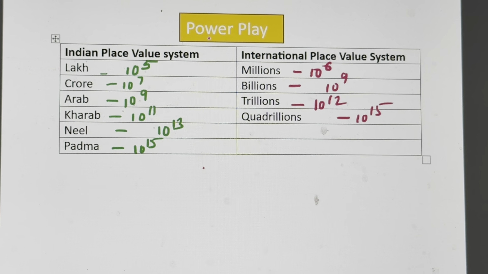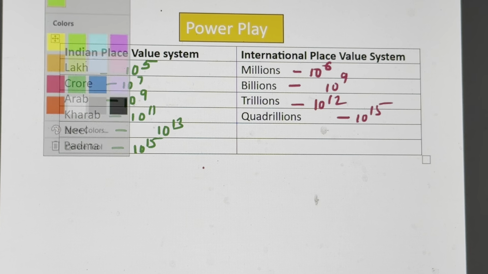So the first thing is to remember which comes in the Indian system and which comes in the international system. In the Indian system, if you remember the sequence, that is 10 raised to 5, then the others would be easier. There's a difference of 2, 2 in the power. Similarly, in the international system, if you remember million, billion, trillion, quadrillion, it starts with 10 raised to 6, and then there is a difference of 3, 3 in the power. So 6, 9, 12 and 15. That is one thing which you should know and remember.